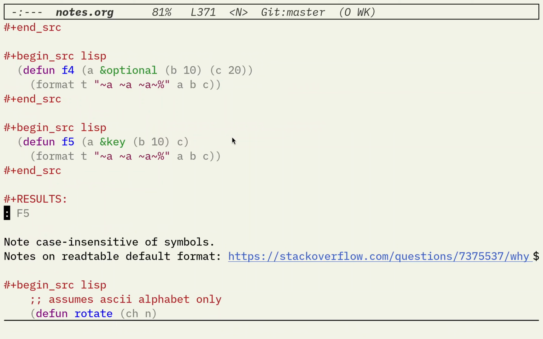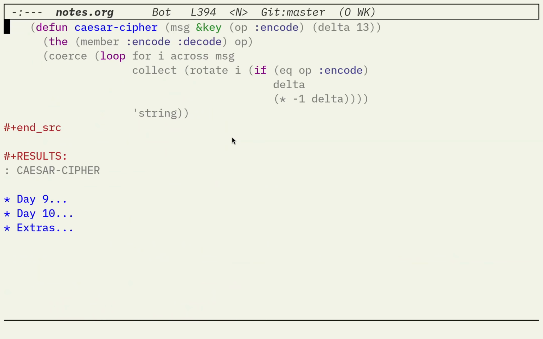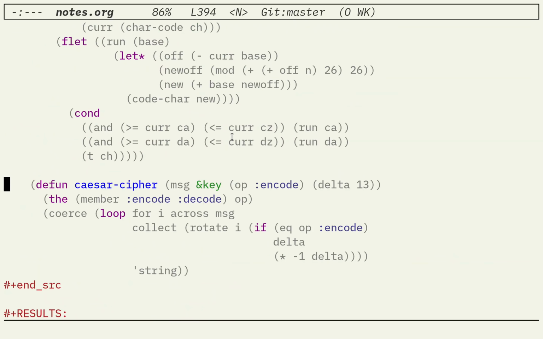Now let's go to today's problem, the Caesar cipher. I have purposefully used the keyword argument here. I mean, I didn't have to, but I just went with it. I wanted to introduce this concept in today's video. So here we're taking a single compulsory argument, message, the message that you want to encode or decode, and the rest of it is going to be keyword arguments. And what we're saying is we are going to have an argument called